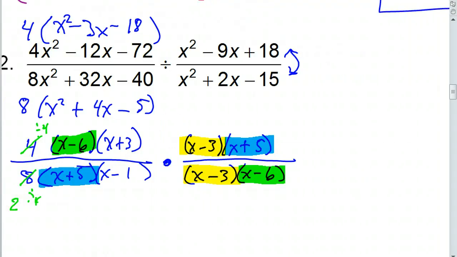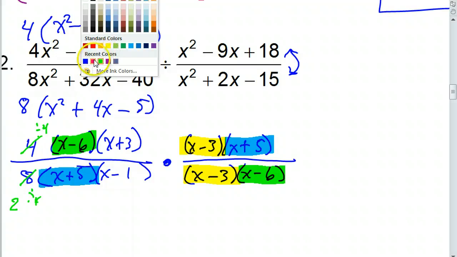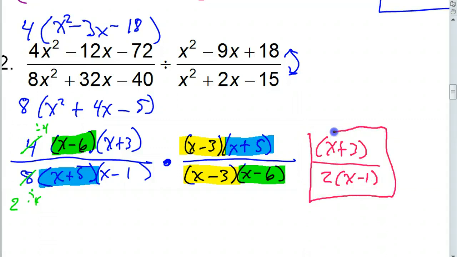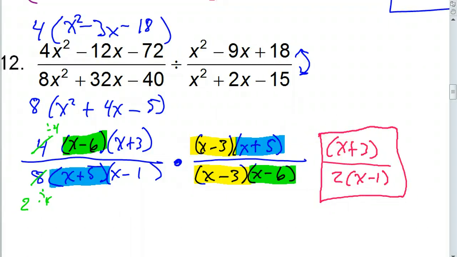So in the final answer, I will have x plus 3 over x plus 3, 2 over 2, x minus 1, x minus 1. Okay? And if we wanted to state the restrictions, if I did ask you for the restrictions, notice that